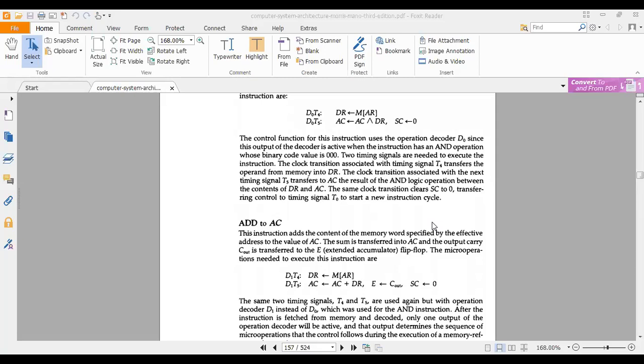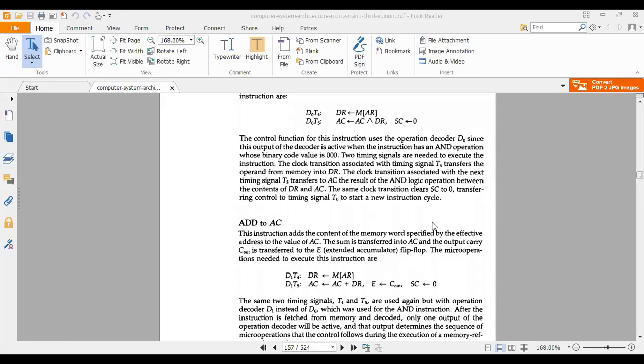the computer already knows that we have to go for addition. So the computer will now find the data at the accumulator and the data at the data register. So before the addition operation at time T5, between T3 and T5 there must be T4.